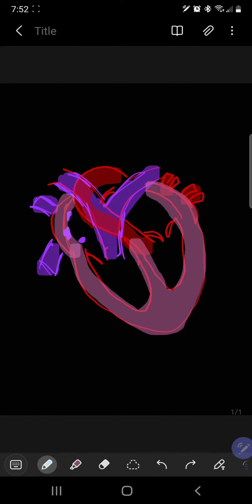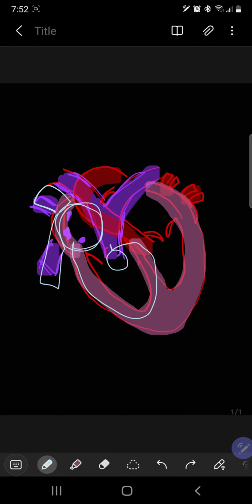Everyone, in this video I wanted to share mnemonics for the various heart valves. So I've drawn the heart right here, and then we have the SVC coming on here, the IVC coming into the right atrium. From the right atrium, the blood will flow to the right ventricle into the pulmonary arteries, and